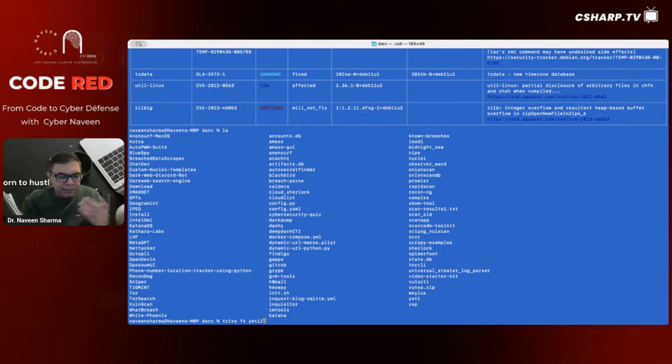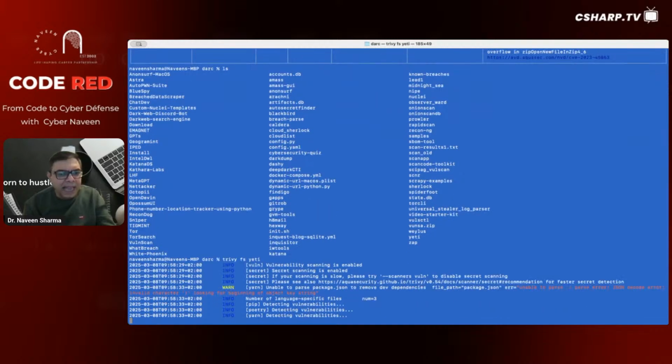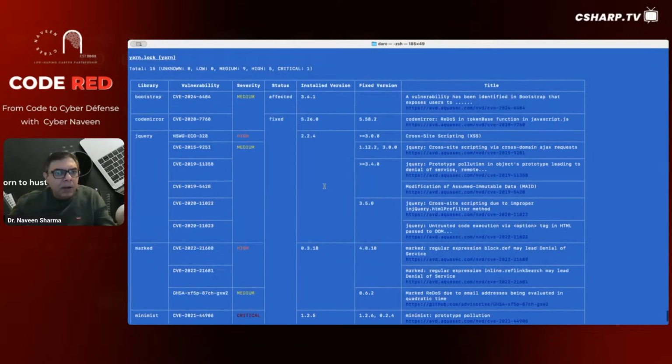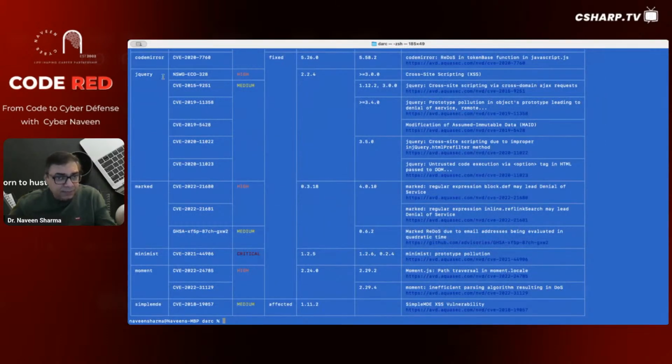Yeti is software for cybersecurity research. So I check Yeti, and this is an example of scanning the file system. Again, it has found lots of vulnerabilities in Yeti as well. So jQuery, no, everyone uses jQuery, and then this is